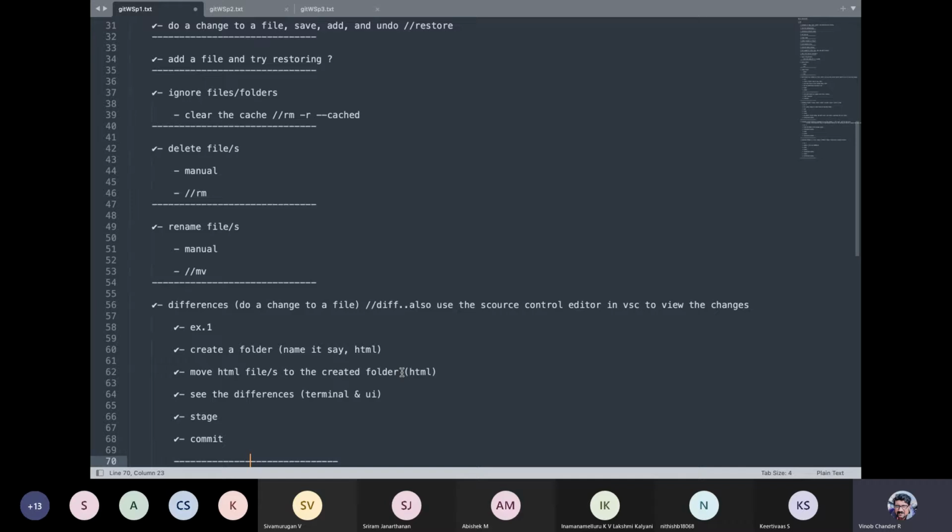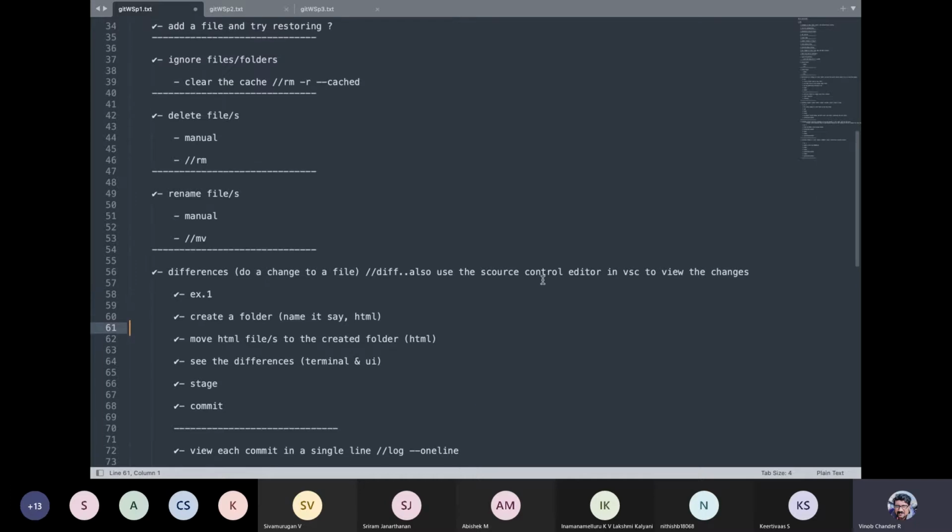So that was git differences, and the command is git diff. You can also make use of the source control editor available in VSC to see the differences. That is a much more intuitive way of looking into the differences. Again, it's your personal preference, either viewing the differences via terminal or via UI.